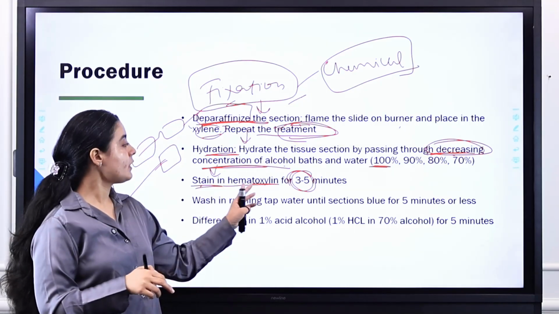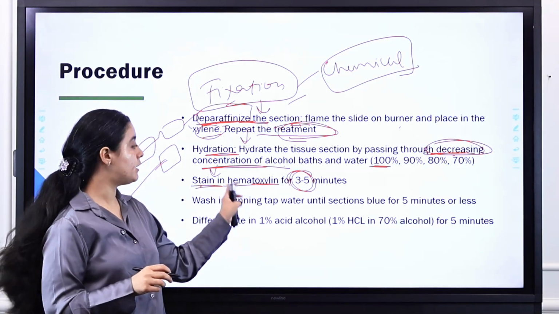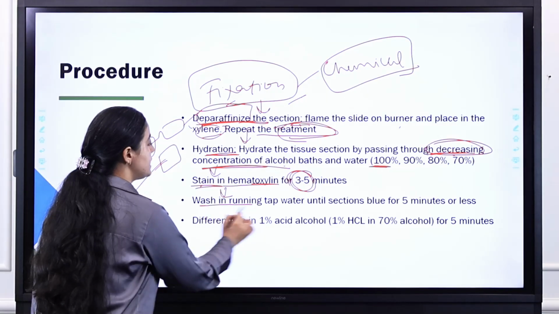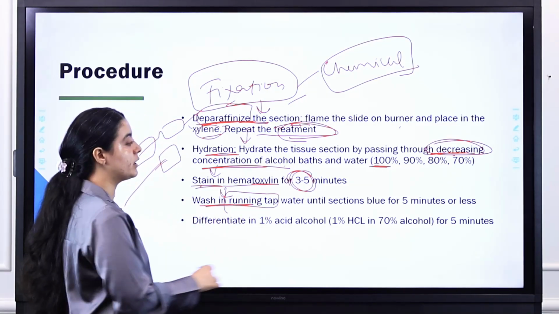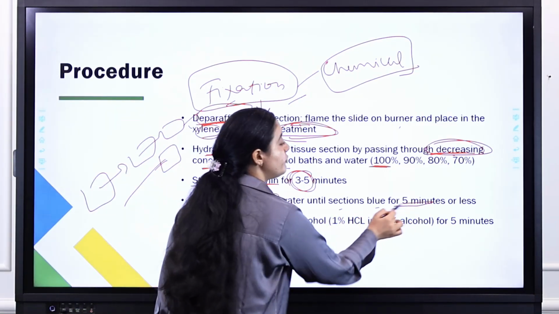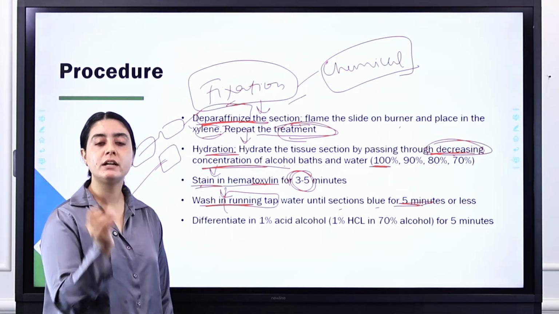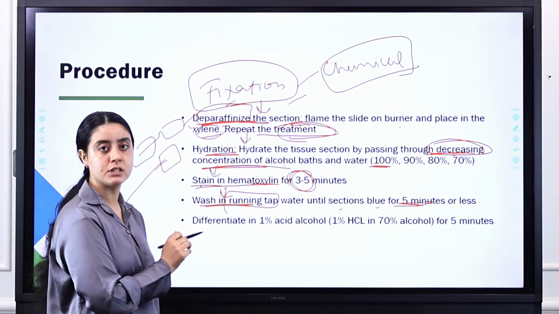So you put your slides in hematoxylin for 3 to 5 minutes. Then you have to wash your slides in running tap water until the sections blue for 5 minutes, because as I've told you, there is a little acidic condition when we start this procedure.